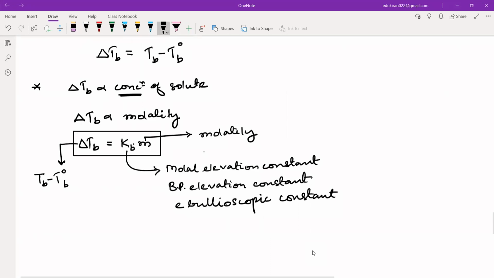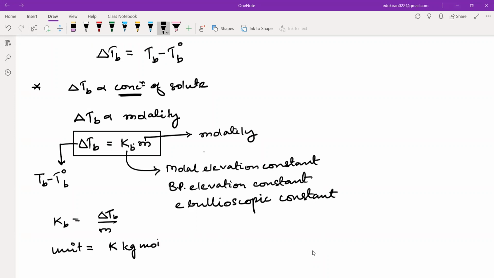यहाँ पे रहते रहते एक और चीज लिख लेते हैं ना. What will be KB? KB will be equal to delta TB upon M, है ना? यानी कि जो यूनिट हो जाएगी KB की क्या हो जाएगी? The unit will be equal to delta TB. Delta TB will be in Kelvin, है ना? Difference in temperature will be in Kelvin. Kelvin per kg mole, पर kg मोल नहीं होगा, kg पर मोल होगा. मोलालिटी का क्या होता है? नंबर ऑफ मोल्स डिवाइड बाय अगेन केजी, उससे केजी ऊपर चला जाएगा ना, तो केल्विन केजी पर मोल।